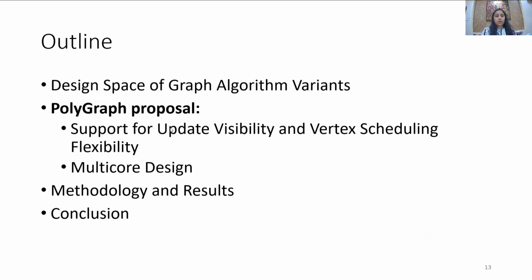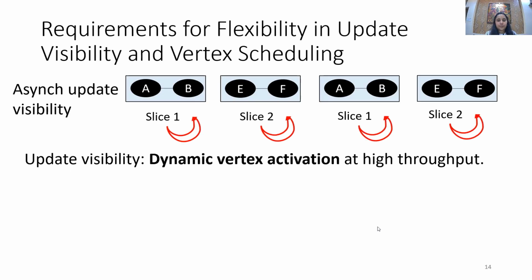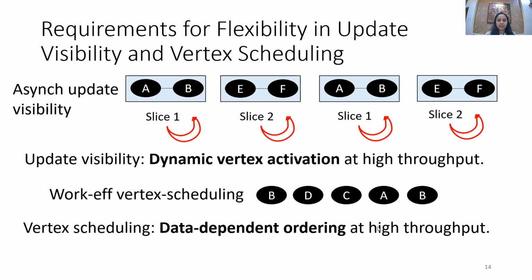Now let's move to how we support this flexibility in our PolyGraph. For supporting flexibility in the update visibility and vertex scheduling dimension, we need to be able to reorder the vertices using a data-dependent priority order, and since this has to be done dynamically, we need to ensure that these are done at a high throughput to match with the throughput of vertex computation. SIMD execution models are insufficient for this scenario